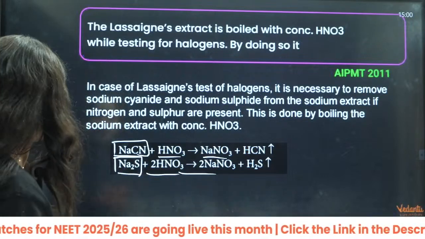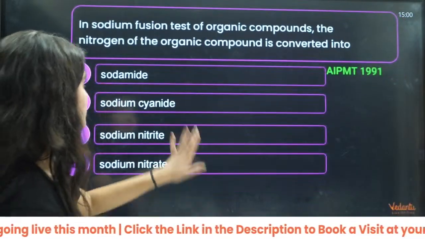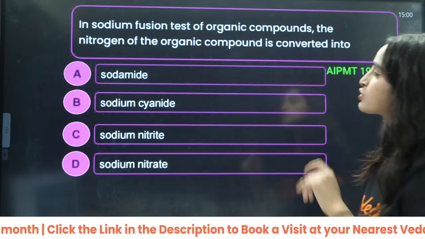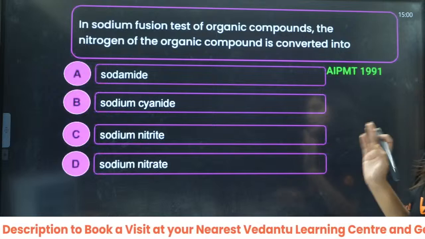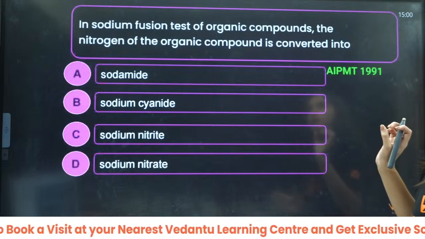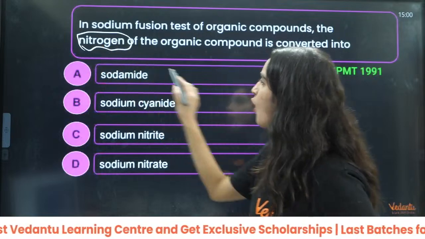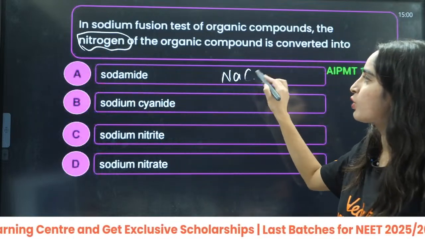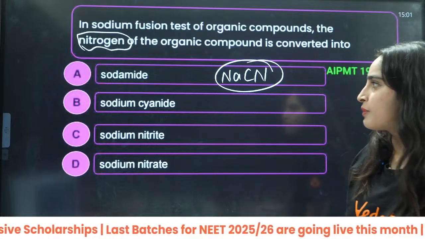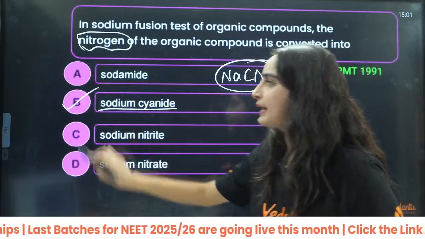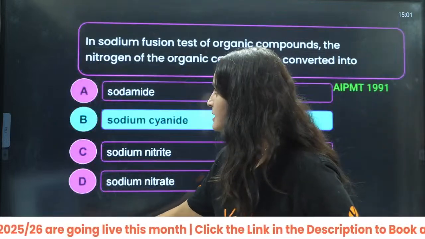Right? Okay. Next question is: in the sodium fusion test, the nitrogen of the organic compound is converted into which compound? Beta, whenever you have nitrogen, you will always have sodium and carbon also. So it is sodium cyanide. The answer will be B, sodium cyanide. This is a very old question. Right? Next is,